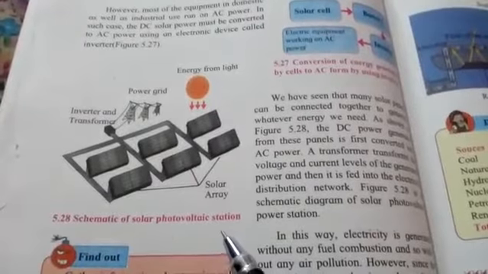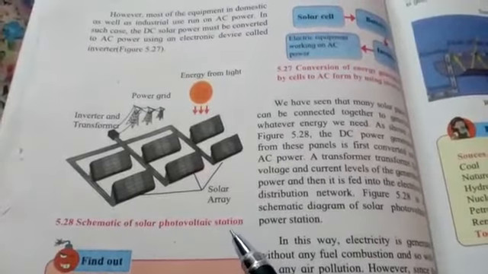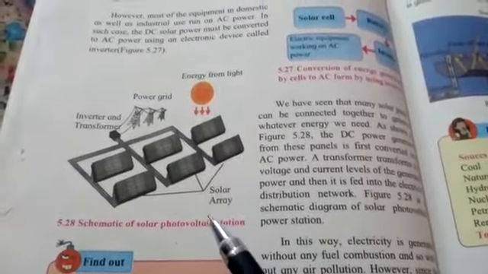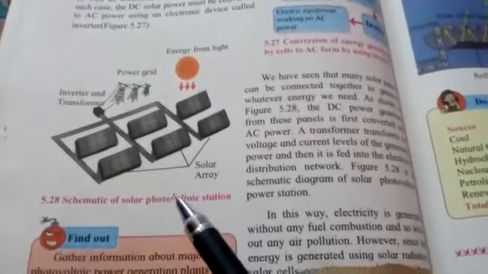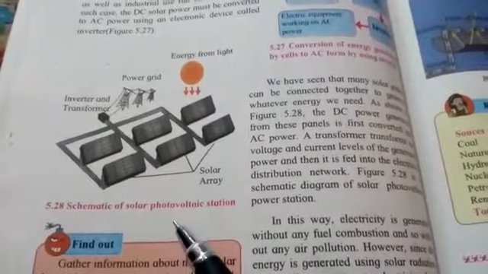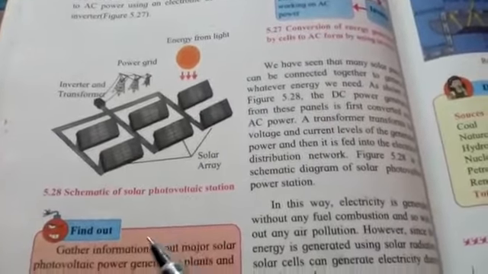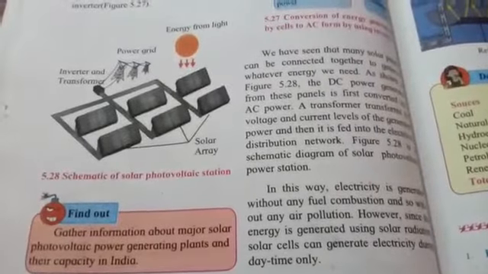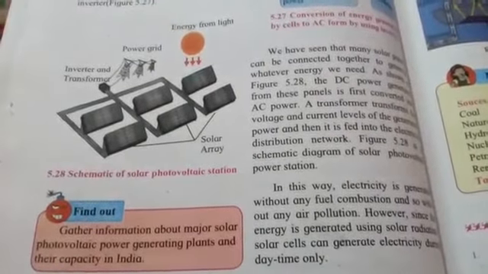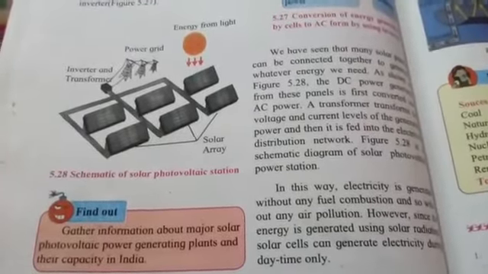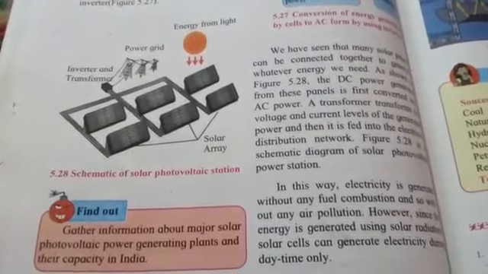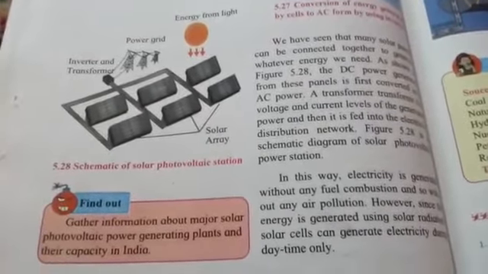This kind of generation of electricity is beneficial because it does not require any kind of fuel. As there is no fuel consumption, there is not going to be any kind of air pollution. The only disadvantage is that we can create such energy only in the presence of sunlight, so it will be generated only during daytime and not during night.